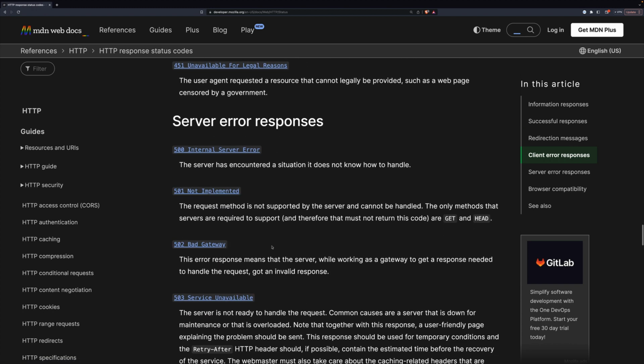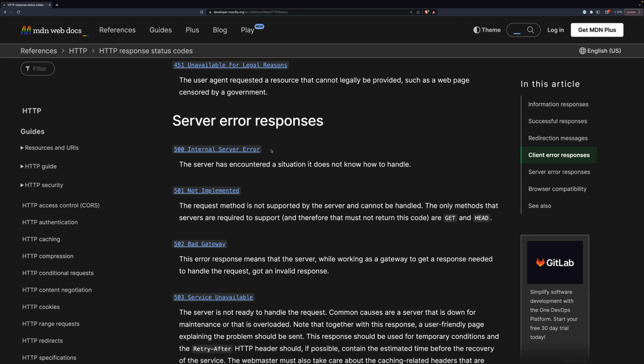The next ones you're going to find are 500s. The 500 internal server error. In WordPress, this most often looks like the infamous white screen of death, where you just get a white screen with no messages at all. What's happening is that something broke in the code, and the server doesn't even know how to express what's going on. So it just says, something broke.